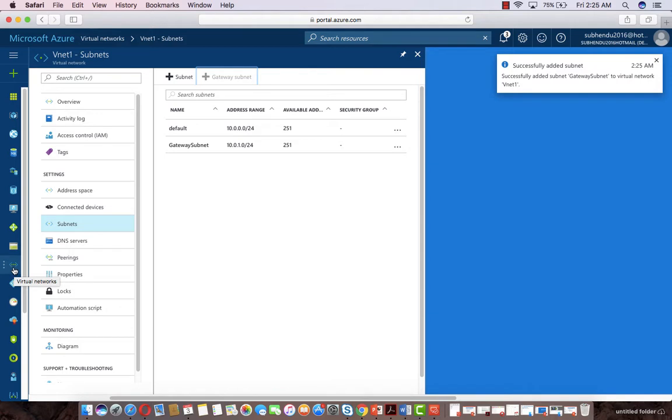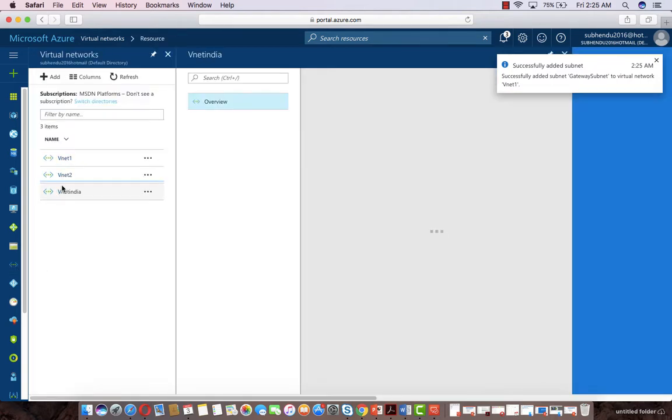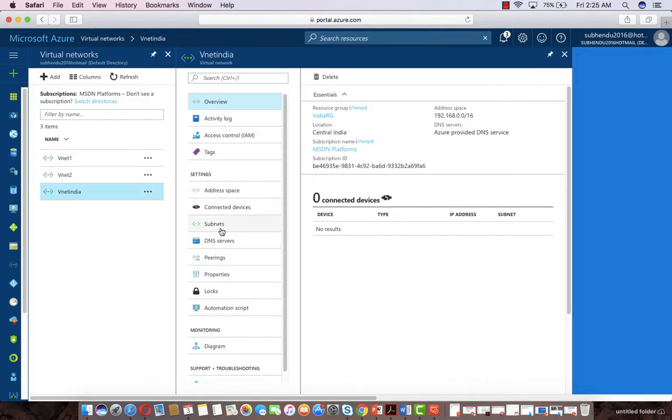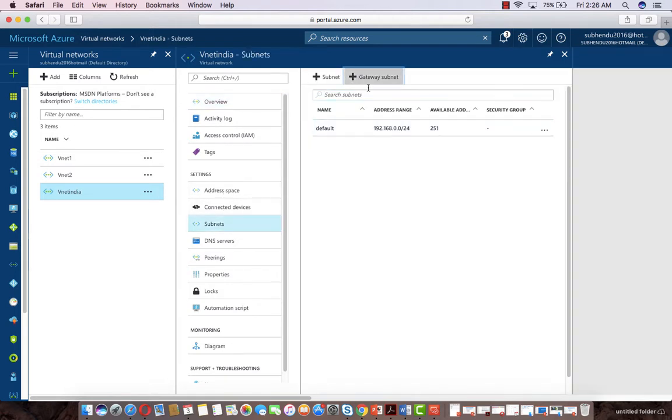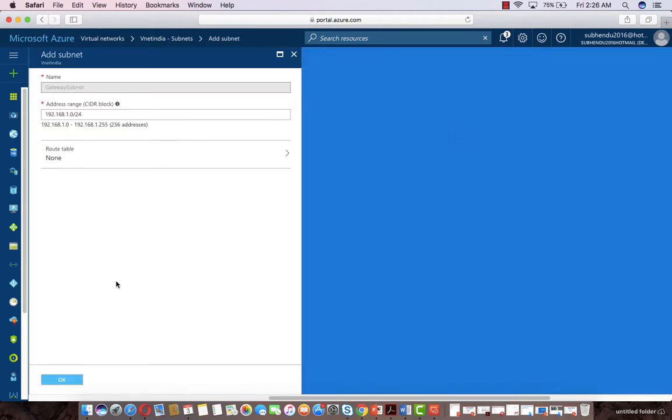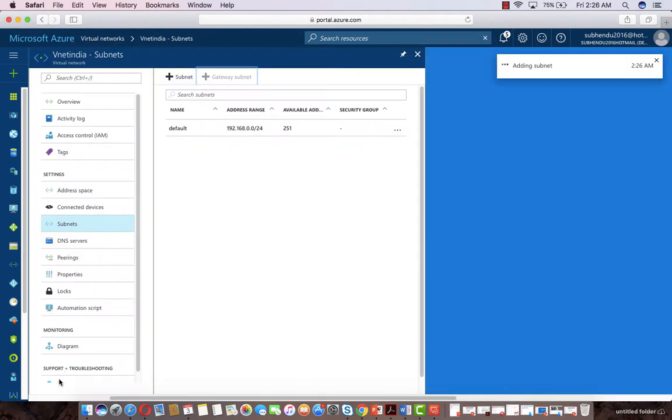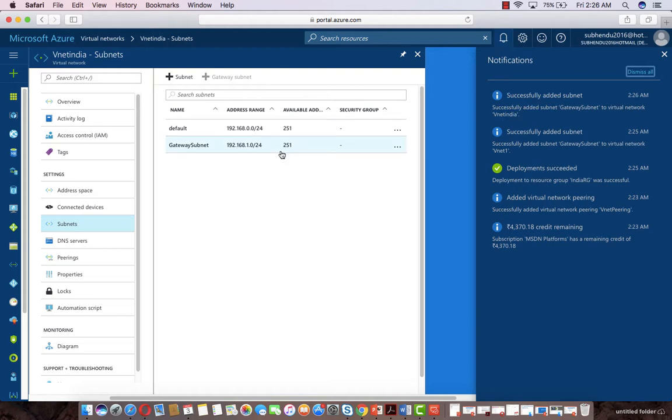Let's do the same thing for the India location, the Indian virtual network. So this is how we can add the gateway subnet for a virtual network.